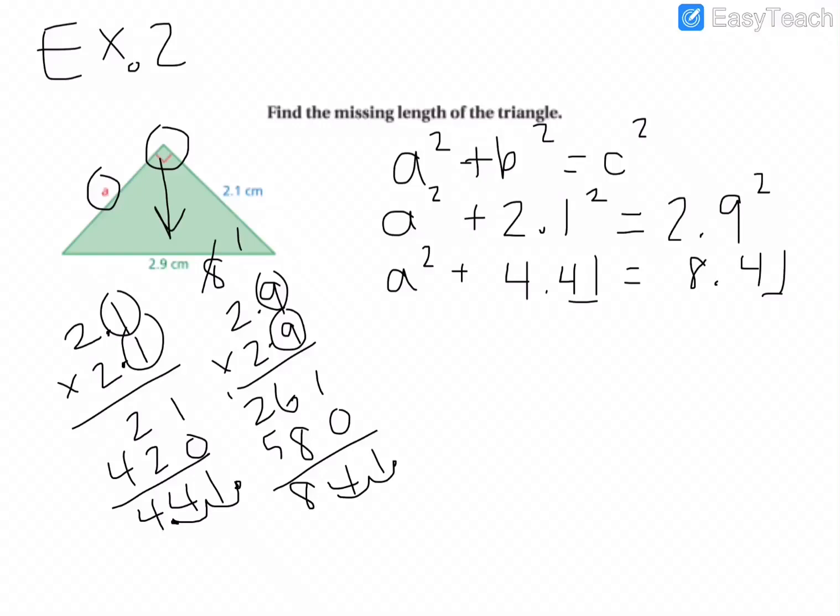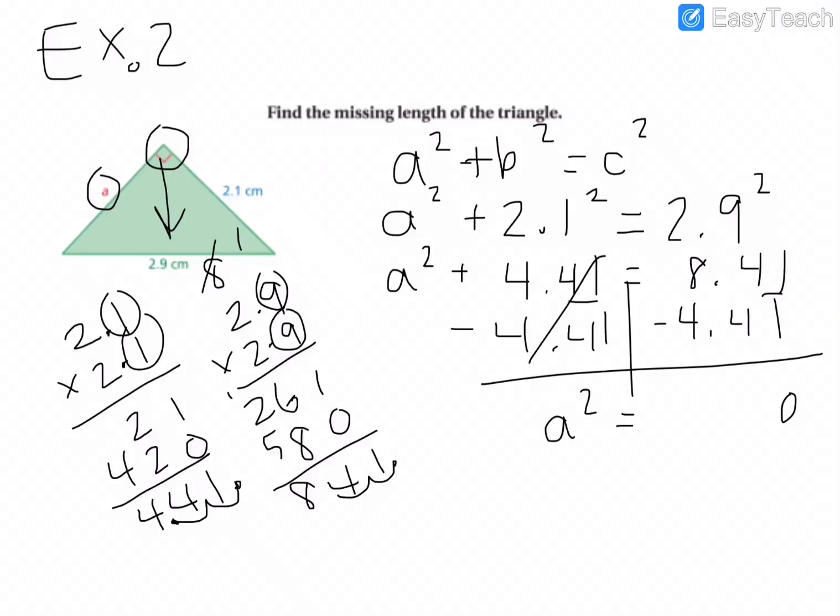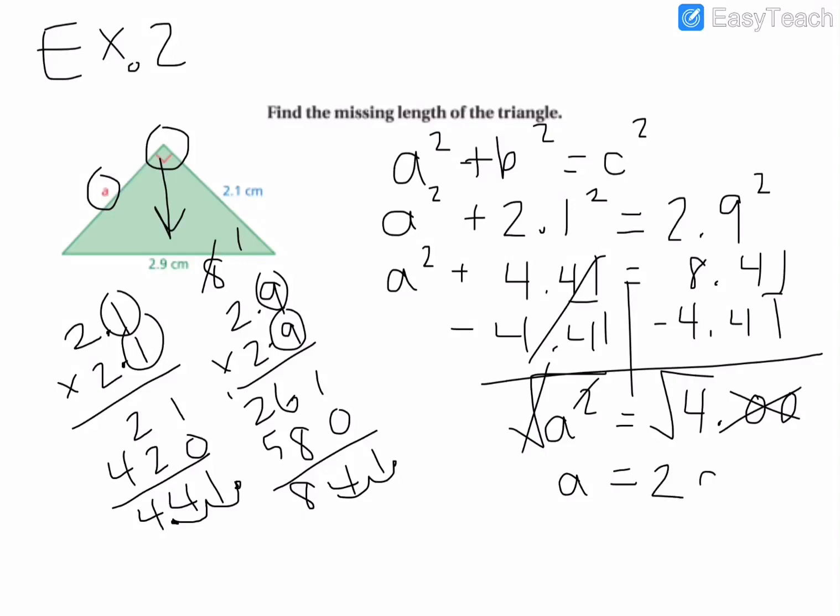Okay, so we are using inverse operations to solve for A squared, which means we're going to subtract 4 and 41/100 from both sides. And we're going to be left with A squared equals, that's gone, so just 4. You don't even need these extra zeros, I was just showing you. Okay, so that would be the square of the leg, but we want just the side length. So once again, to undo the square, you're going to take the square root, and you're going to get 2